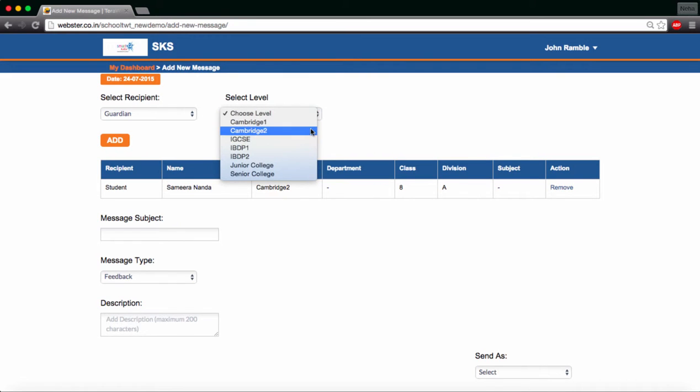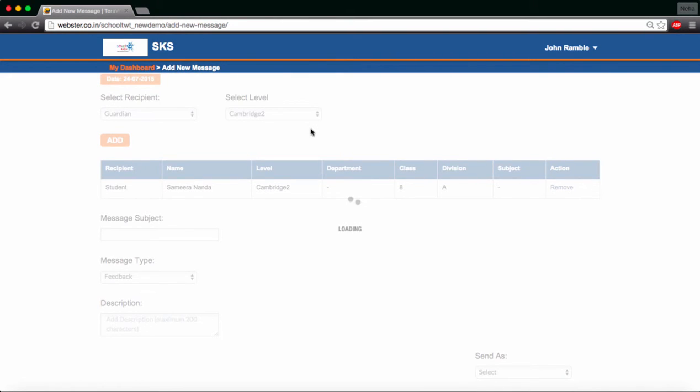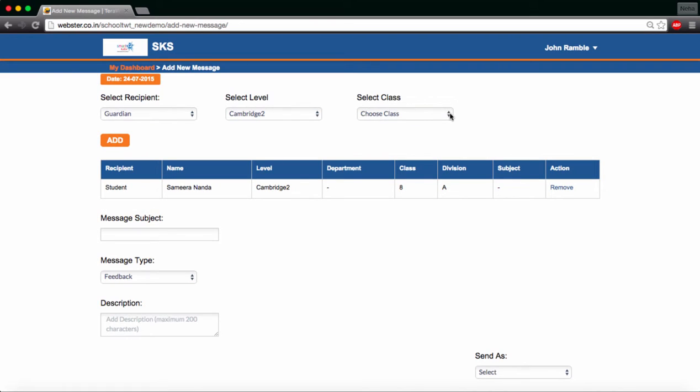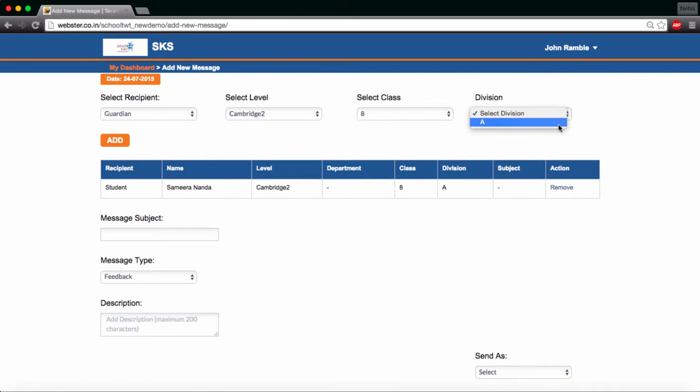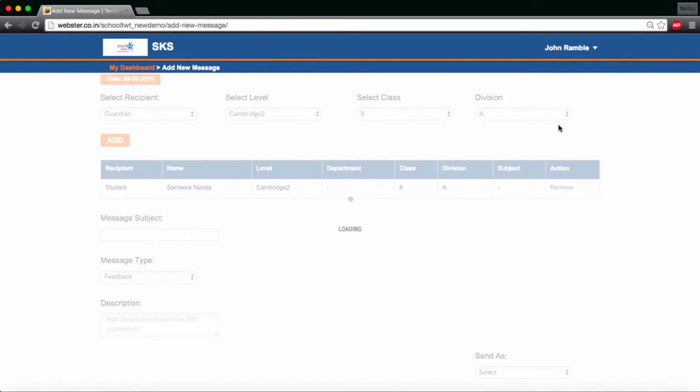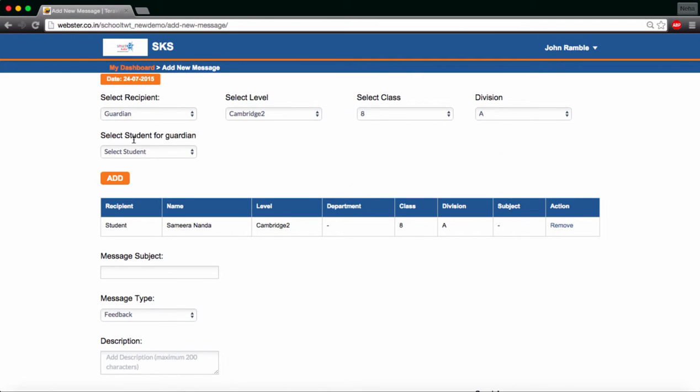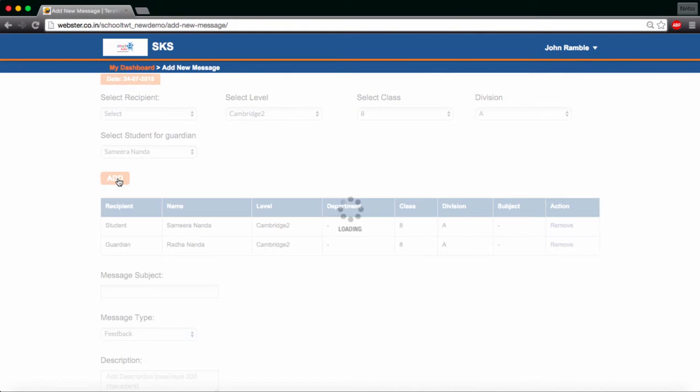Again same, Cambridge 2 level, class 8th, division A. Now this time he will again select the student, but the parent will become a recipient. So here it says select student for guardian. So which guardian do you want? I want Samirananda. So I'll say add,